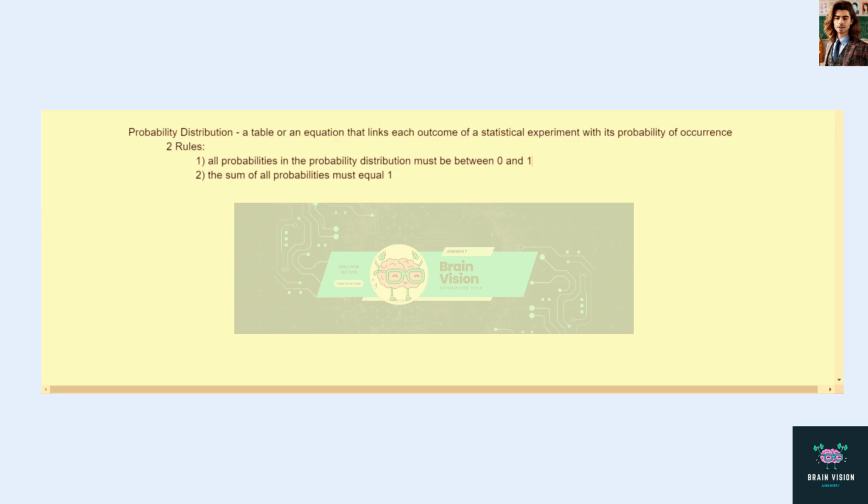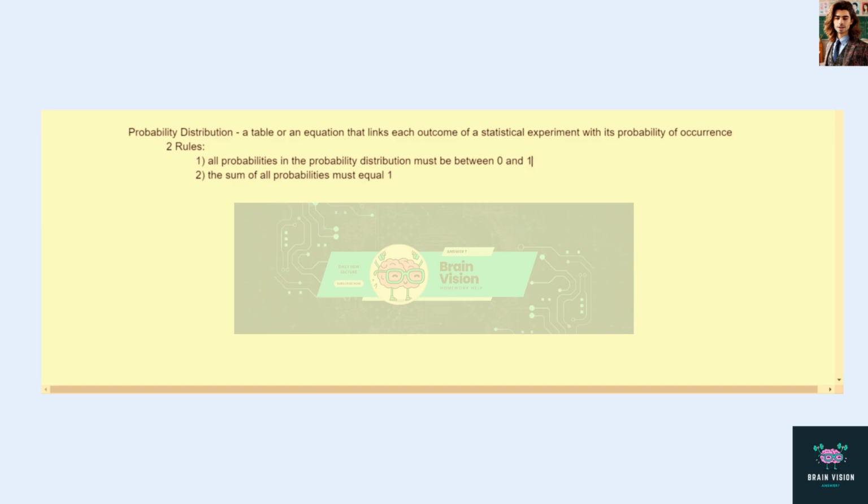But before doing that, we will be discussing or reviewing what a probability distribution is. The definition of a probability distribution is a table or an equation that links each outcome of a statistical experiment with its probability of occurrence. And of course, the two rules that accompany that, quick definition, is that